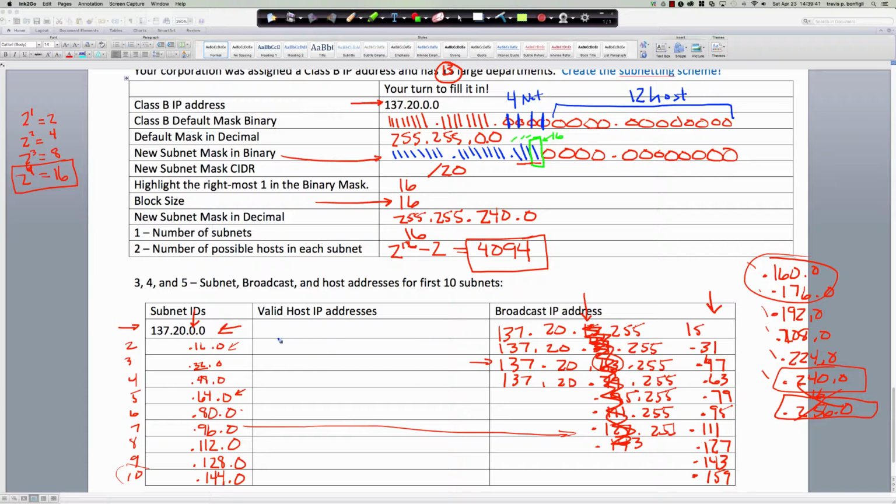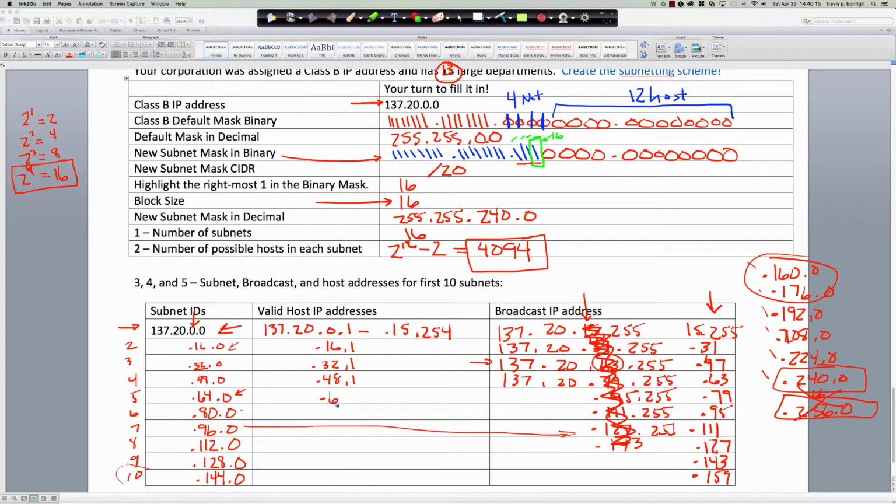Okay, so valid host IPs. I'll do a couple of these and then you'll have the rest. So 137.20.0.1 is my first usable. My last usable is .15.254, right? Because this would be .15.255 for the broadcast. So I'm going to do the last two octets as 137.20 remains constant throughout. So .16.1, .32.1,